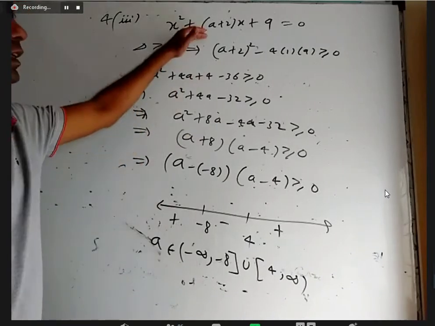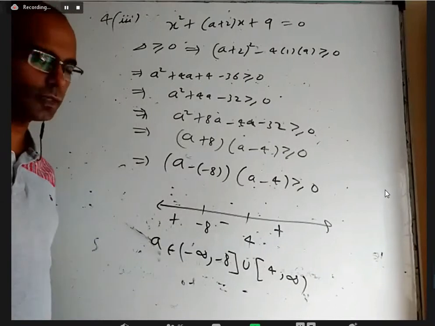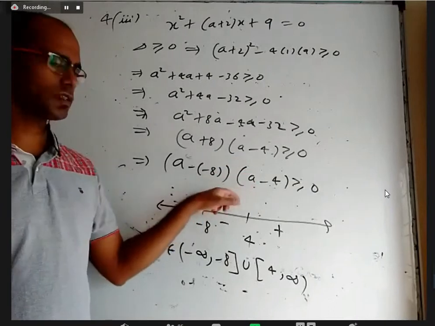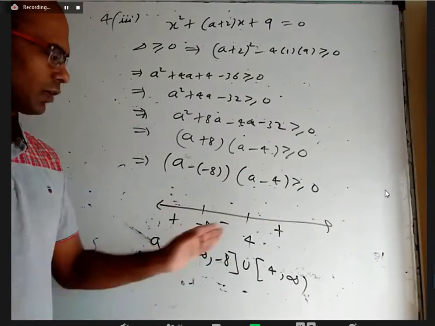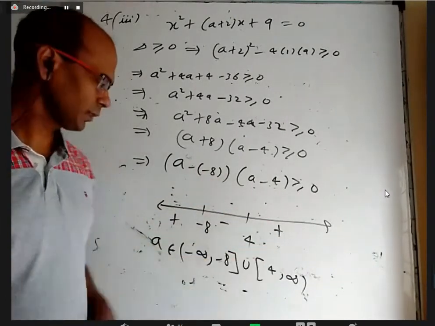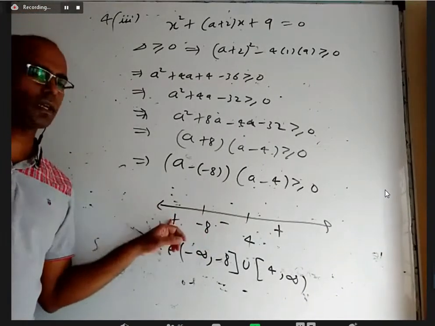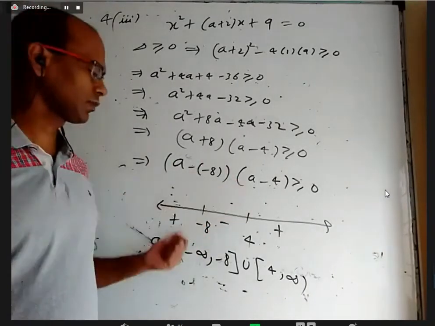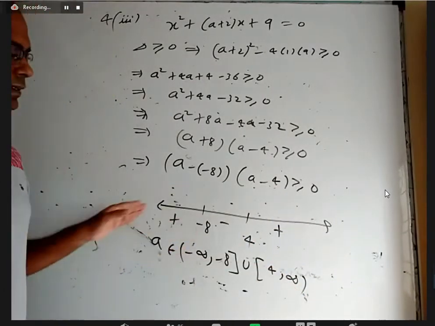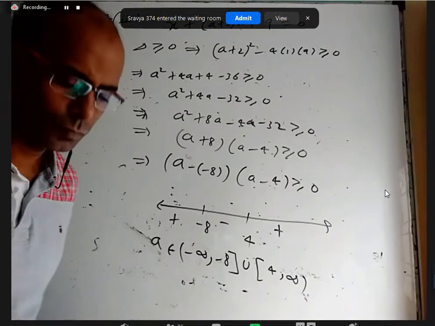They want the roots to be real. For that, b square minus 4ac greater than or equal to 0. That itself came like a quadratic inequality for me. Then I took on the number line minus 8 where this is 0, and 4 where this is 0, and then the proper inequality. After 4, you take any number, let's say 5, substitute it. This is positive, the product is positive. Between minus 8 and 4, you take 0. This is positive, this is negative, so it will be negative. Before minus 8, you take minus 10 or minus 100, something. Negative into negative will be positive. But I want it to be positive or 0. That is 4 or more than that, or minus 8 or less than that.